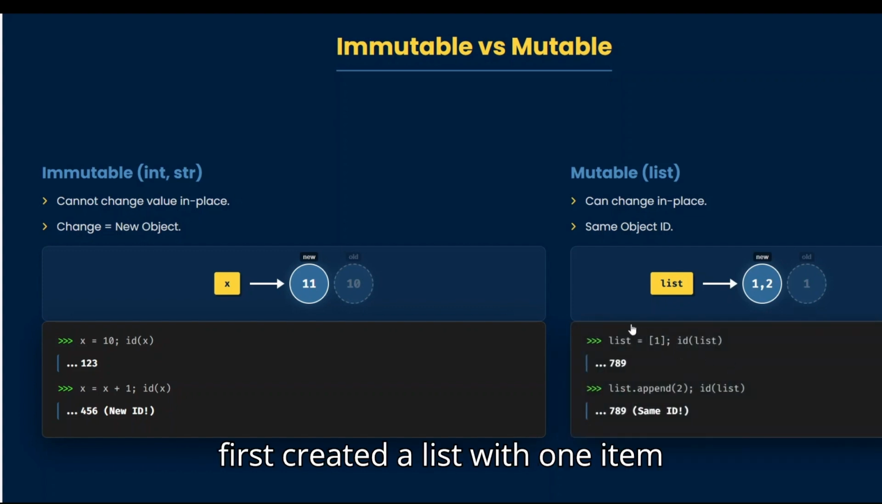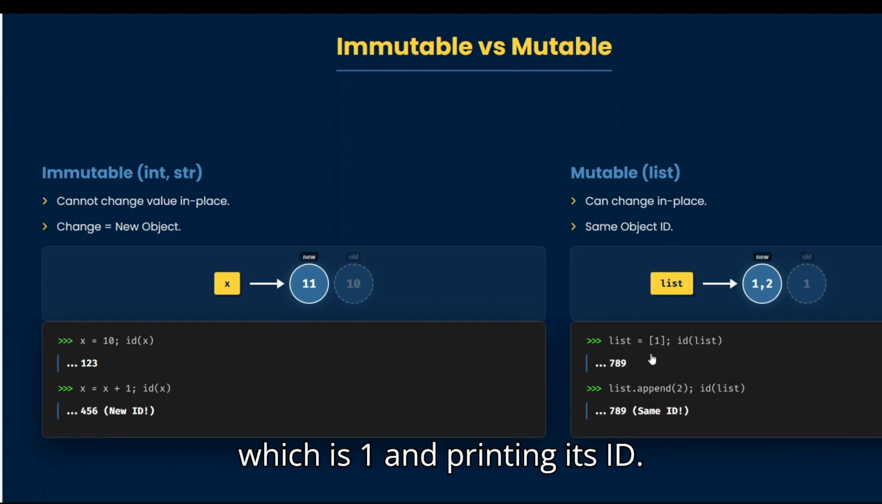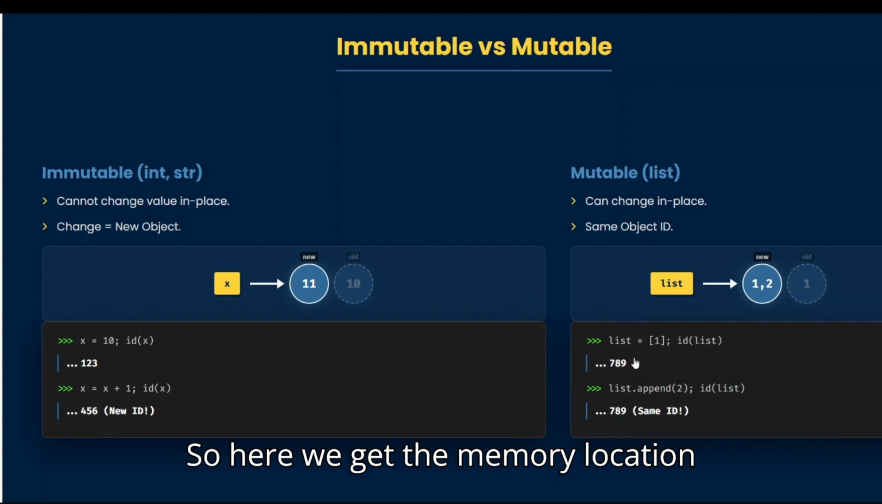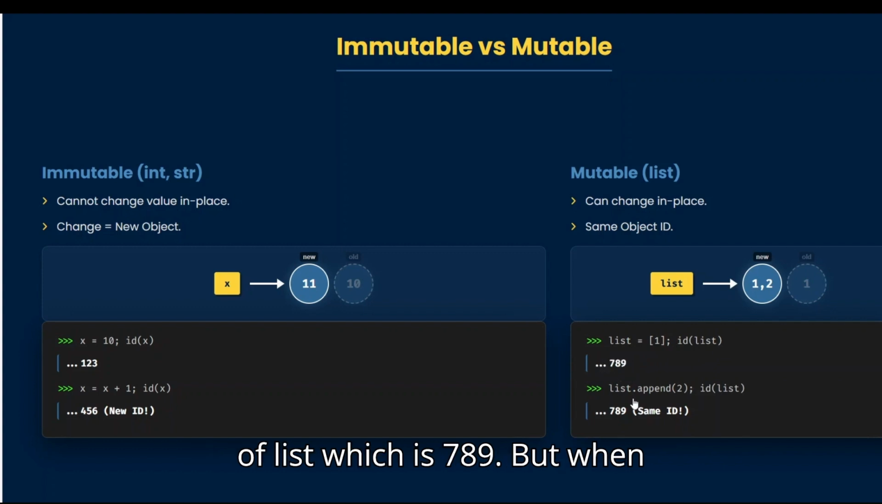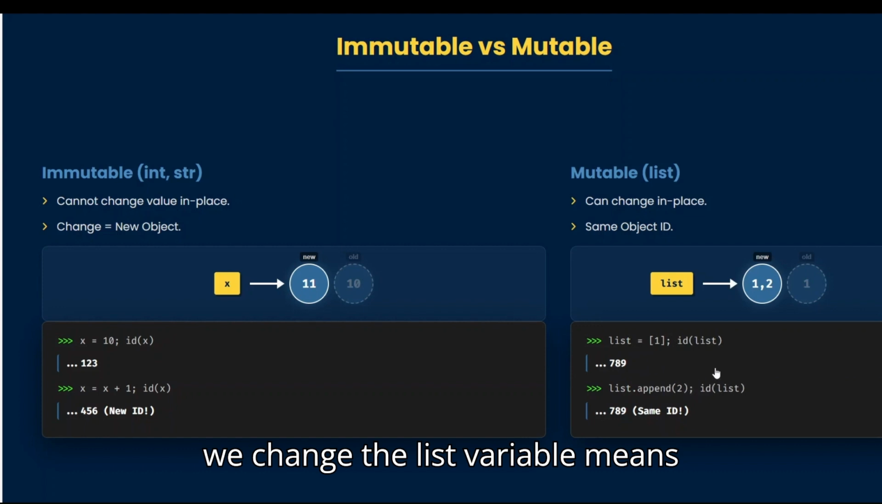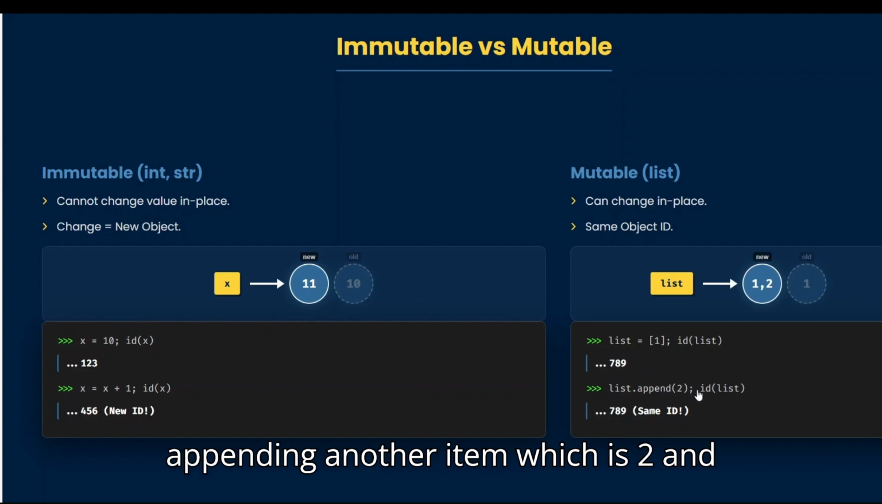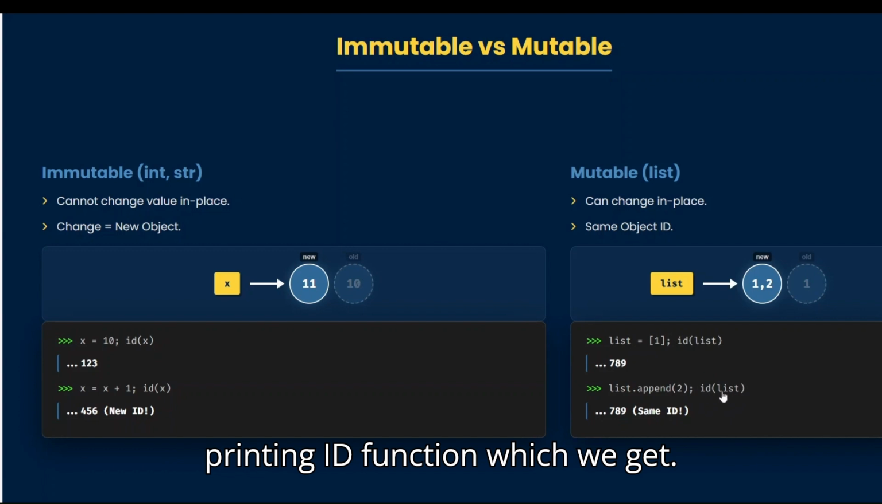Here we first created a list with one item, which is 1, and printed its id. So here we get the memory location of the list, which is 789. But when we change the list variable, meaning appending another item, which is 2, and print the id function,